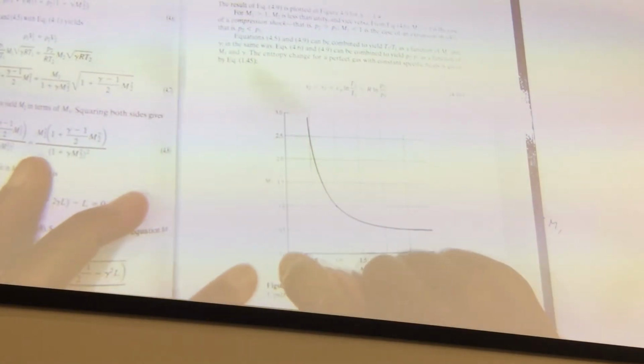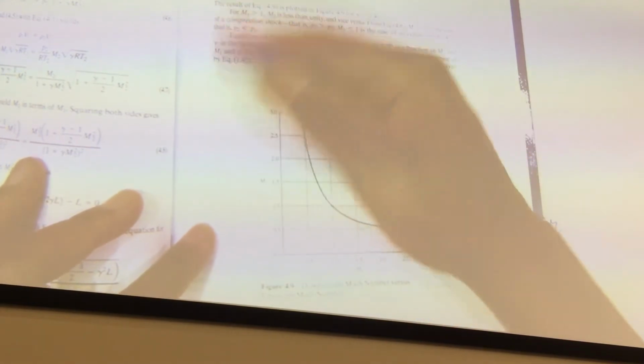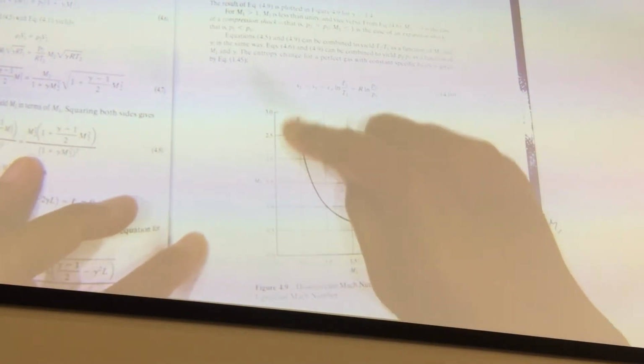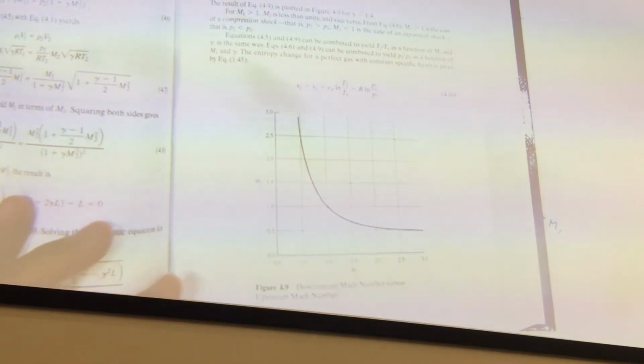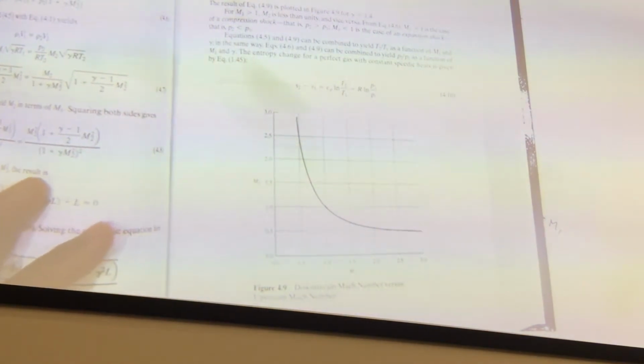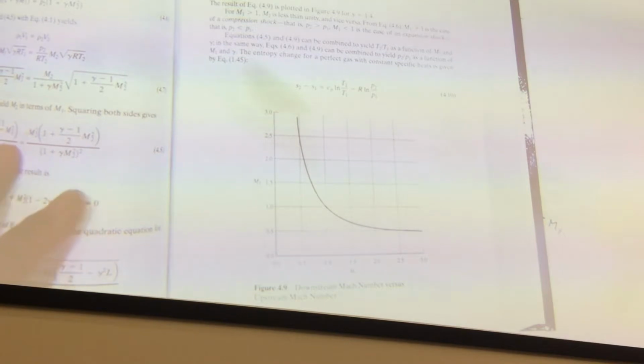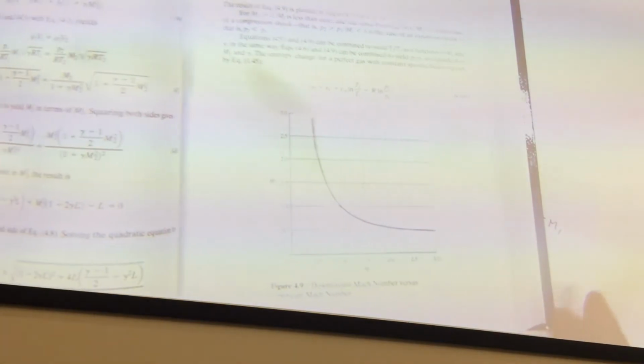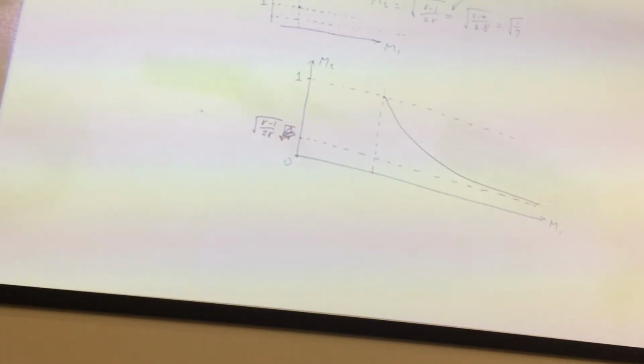But then there's a line here, right? That means everything above that cannot be true, even though it's drawn. Because M1 cannot be less than 1 and M2 greater than 1. You know what I'm saying? So that part of it cannot be true. Mathematically impossible. I mean physically impossible. Thank you. And mathematically impossible because